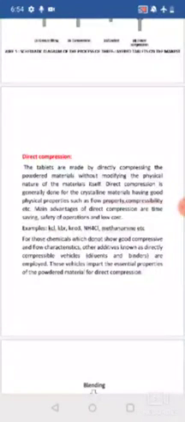So a few examples of such drugs are potassium chloride, potassium bromide, okay, potassium nitrate, ammonium chloride, methenamine. These are the drugs or powders which you can compress directly, so they do not require any other added ingredients, like diluents, binders, glidants or lubricants, because they have good flow property, so they can easily flow without any disturbance, and can be easily compressed. So you can prepare the tablet without adding any other ingredients.